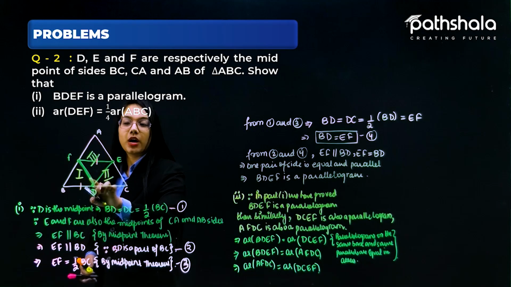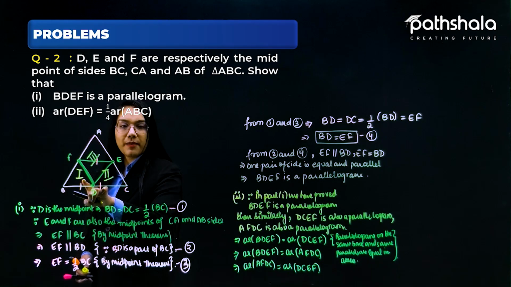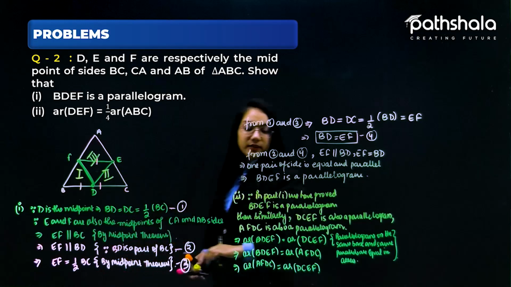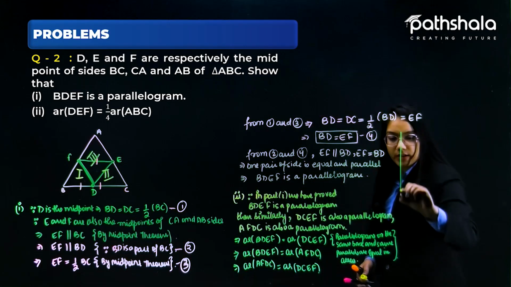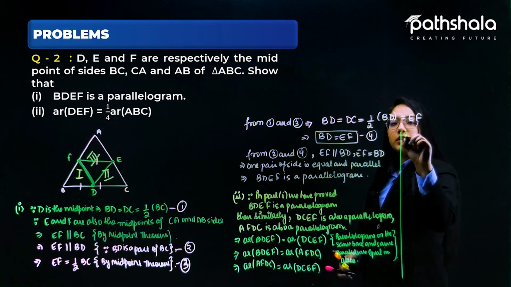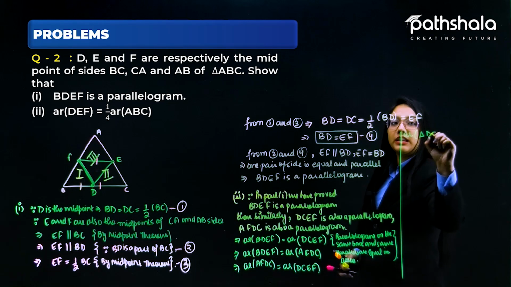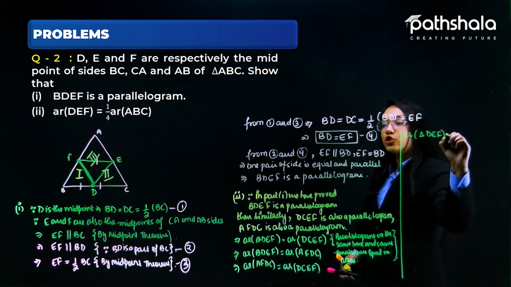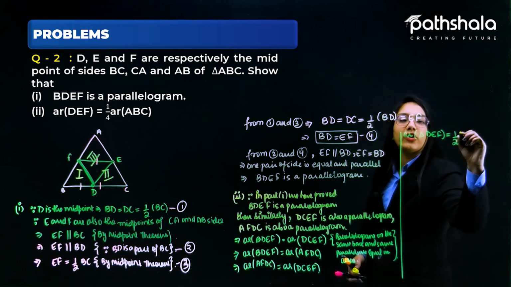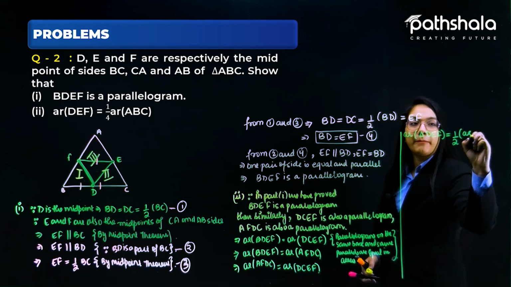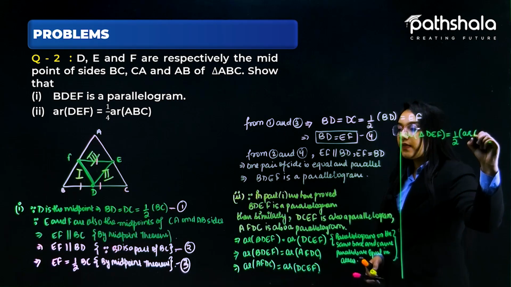So this would be nothing but half of this parallelogram. It would be nothing but half of this parallelogram. And furthermore, let us suppose I'm just talking about the area of the triangle, which is nothing but DEF. So it should be nothing but half of the area of the parallelogram, which is nothing but